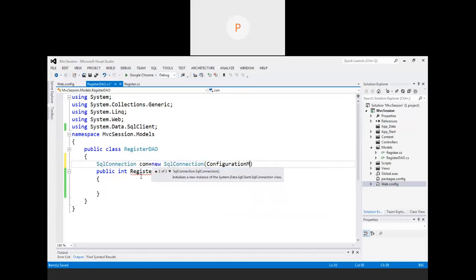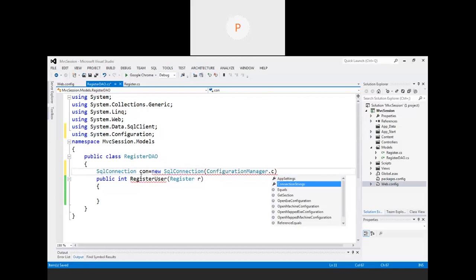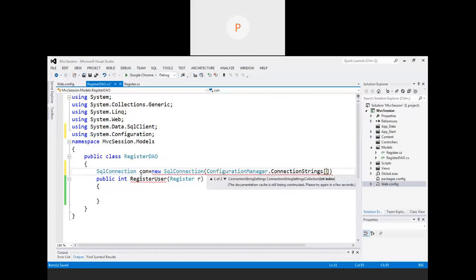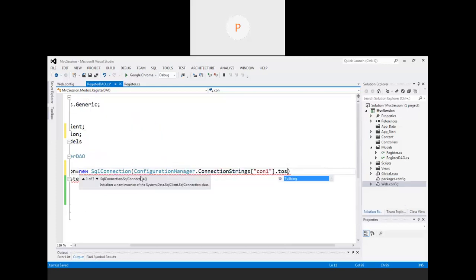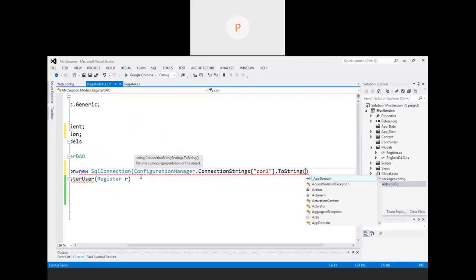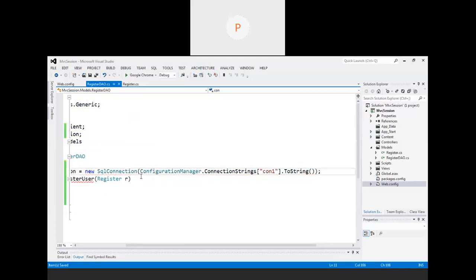You have tried the same code for fetching the data. Dot ConnectionStrings in bracket, I will give the name as con1 dot ToString. Now instead of writing two different lines of code, I have written a single line of code. Within that line only we have accepted the connection and assigned it to the SqlConnection object. Now once the SqlConnection is created, I have to start by writing a command.